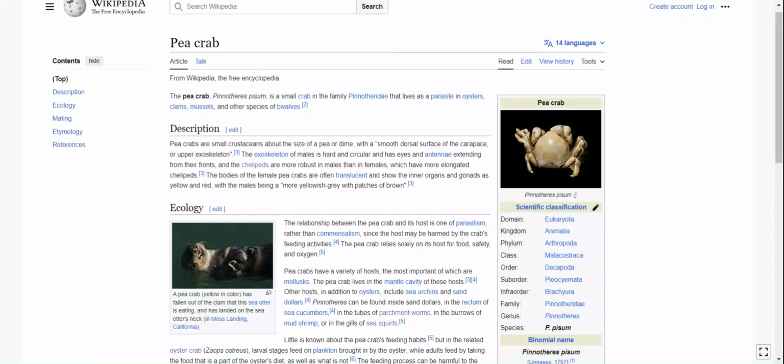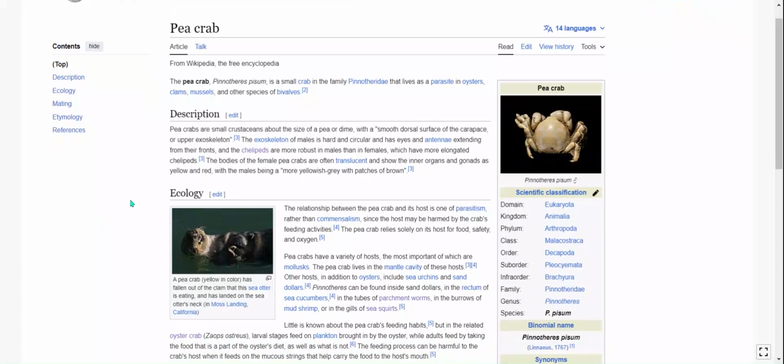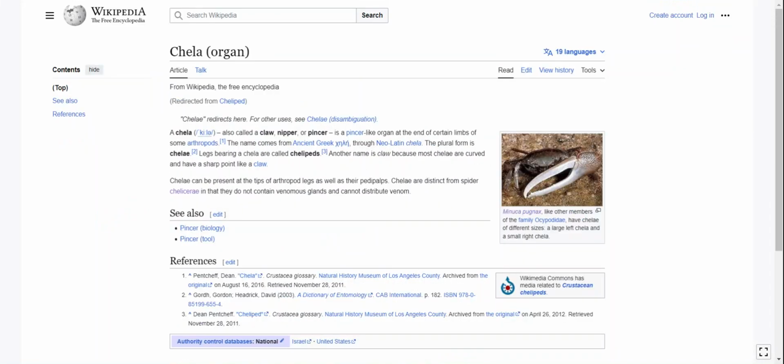Okay, spinning off of the pea crab, I wanted to look at a couple other things. I think I was going through... wait, the pronunciation I thought I found online said K. Wait, no, it did say Keela. Okay, Keela. Cool. Anyway, I think I wanted to look at